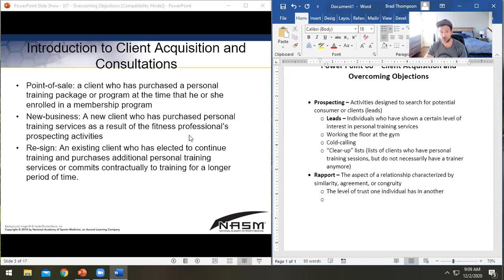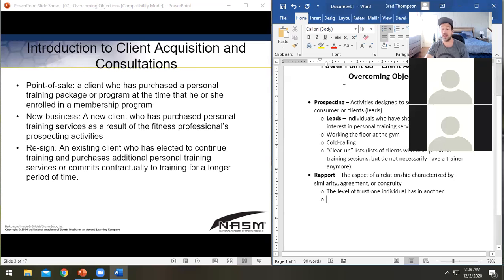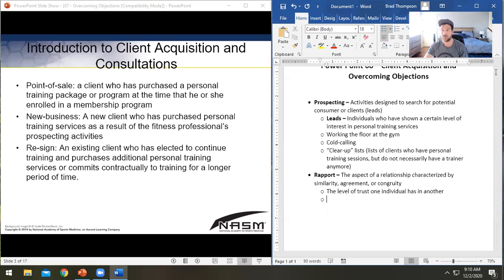This is some other really handy pieces of vocabulary. This stuff, by the way, I forgot to mention this. I meant to mention this at the top of the PowerPoint. By the way, nothing that we're really going over today is going to be on your final. Like I said, this is all from the 5th edition. If there's some crossover, obviously that will be on your test. But we're testing out of the 6th edition, not the 5th edition. So this is just meant to be helpful in terms of learning how to do sales, not necessarily about test taking today.